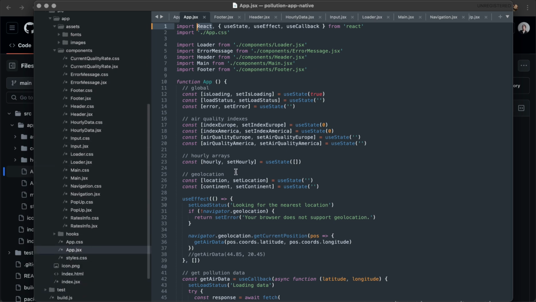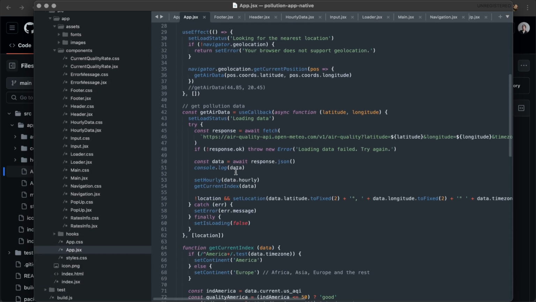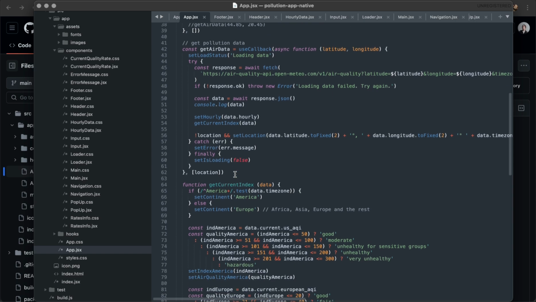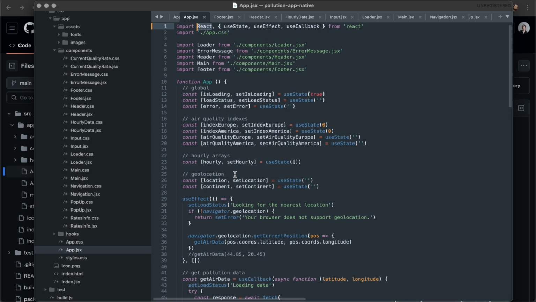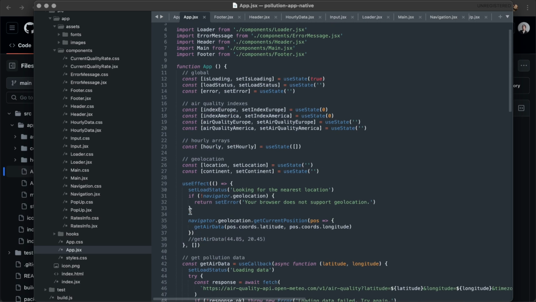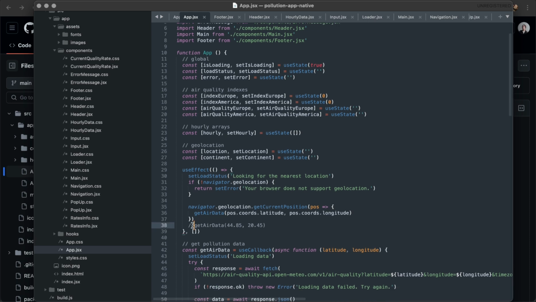I'm just going to go to my app component and move here. So by now I'm just going to comment this line. So this is how I'm going to call this function, which actually fetches data from another API, but I'm just going to comment the